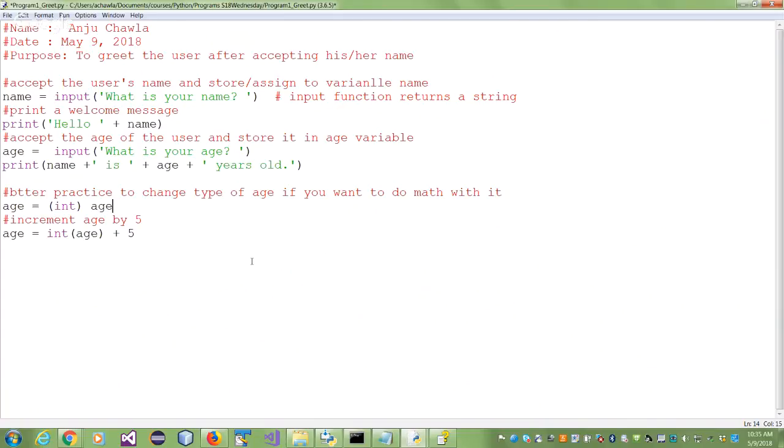You could have left age alone and taken a new variable called new age. You can even do that. You'll say, I'll keep the age as a string, let it be left as a string because I want to keep it as a string. Or a better practice, if you want to do math with it, is to change it and put it back in it. Or use a new variable. Whatever you like. Sometimes you want to keep that age.